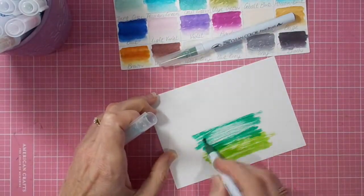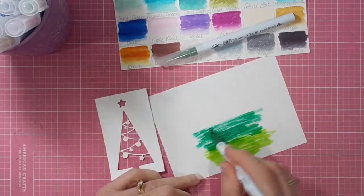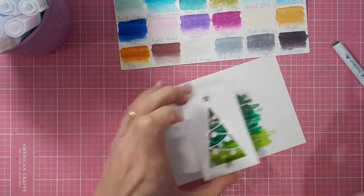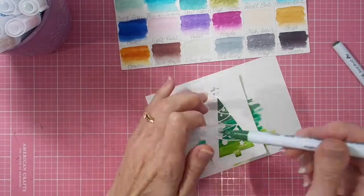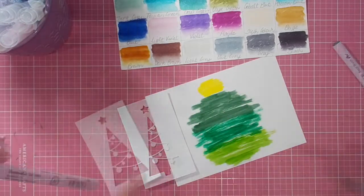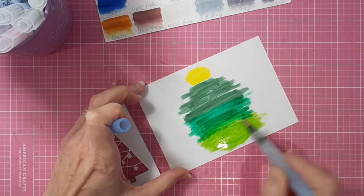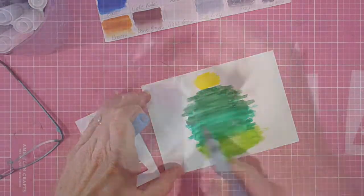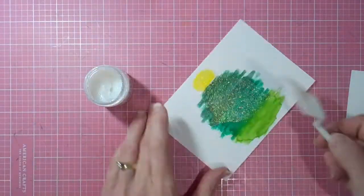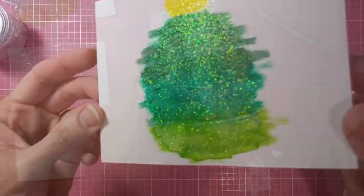The Zig Clean Color Real Brush markers. Haven't used them in so long. So just blending three of the greens, light green, green and dark green, and then yellow at the top for the star. So putting down my colour first on Bristol Smooth watercolour card, then grabbing my water brush and blending those colours together. Then I've got my fabulous Nuvo Moonstone Glimmer Paste, and I'm just adding a thin smear of that all over,